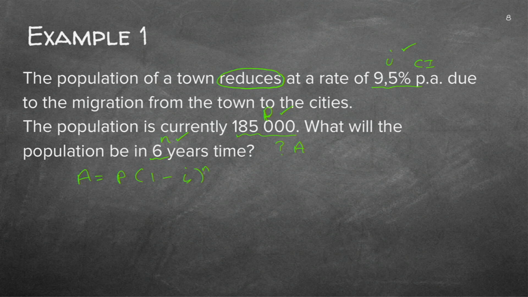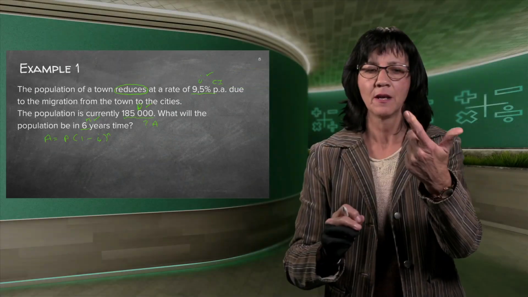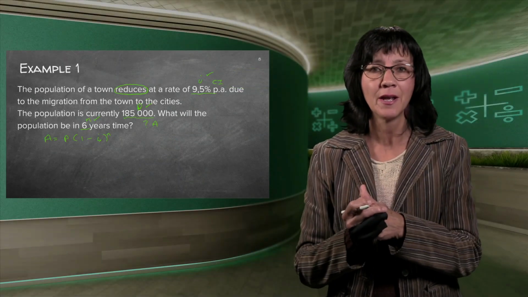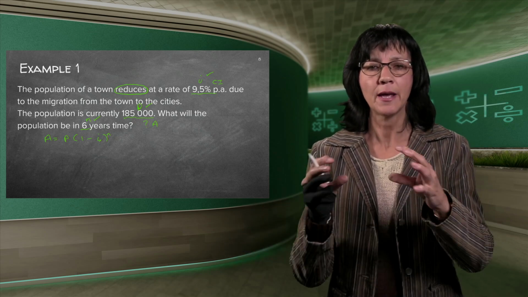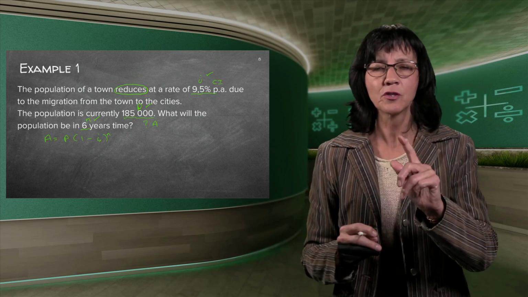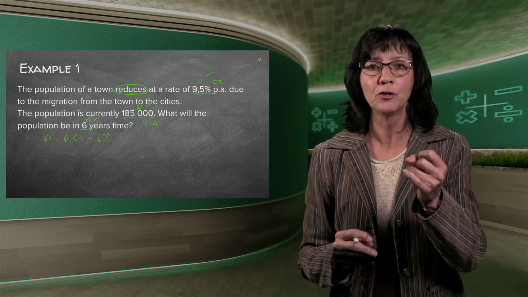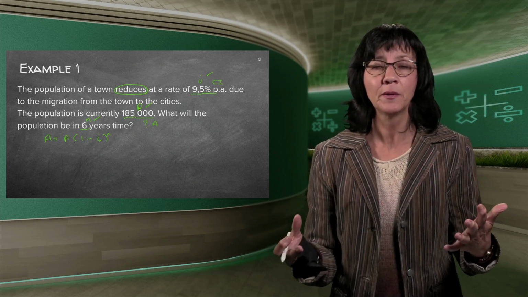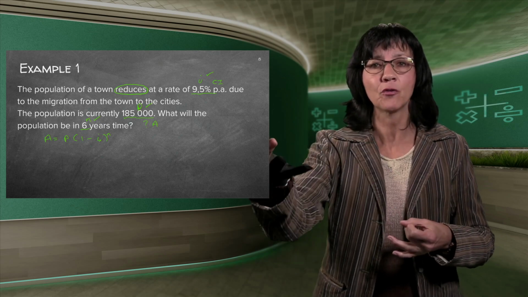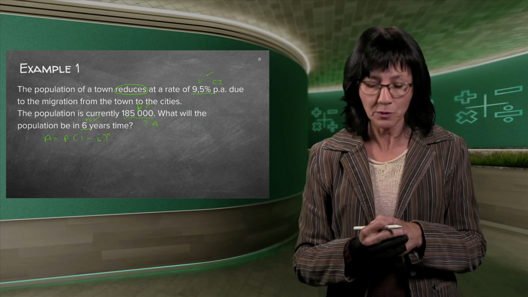If you don't read every single word, and I know we tend to just look for the 3 things ticked off, and the 4th thing is the question, and then we seem to forget about the rest. You really need to, as you read the sum, always remember I need to pick the right formula, and in order to do that, I need to know simple or compound, because that is going to tell me, and I need to know if it's going to increase or decrease. That is going to tell me which formula to use.